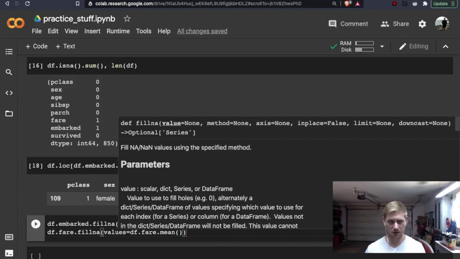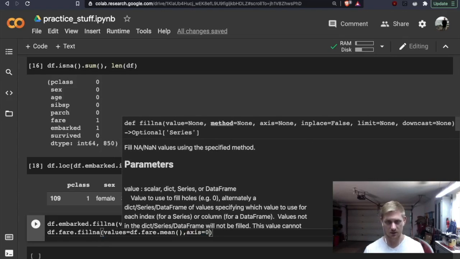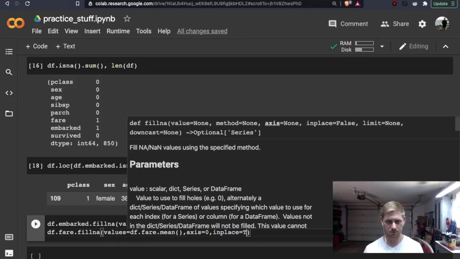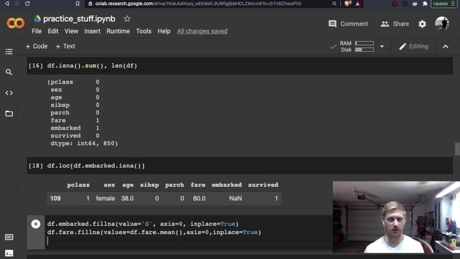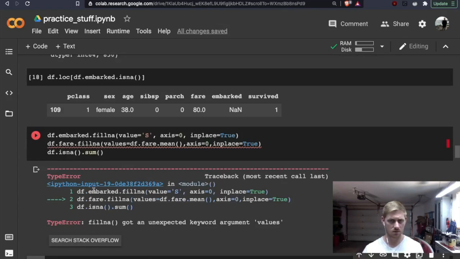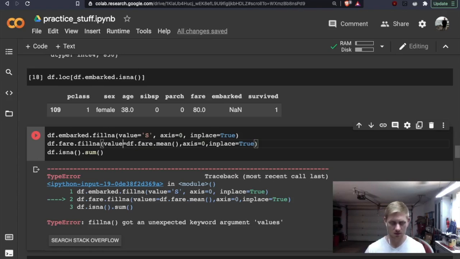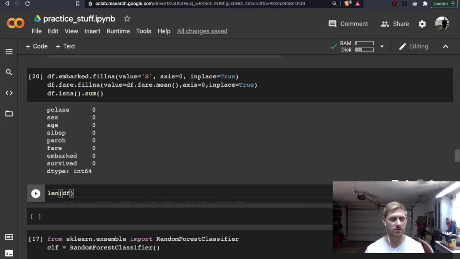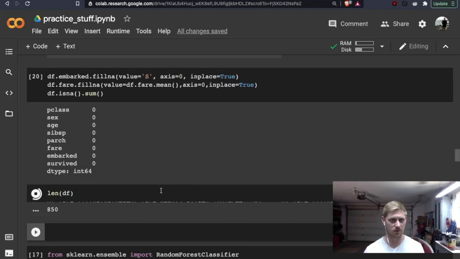And then we could do axis equals 0 as well, and inplace equals true. And then let's view the if null. So values, I misspelled that. Perfect. Now let's also check the length of the data frame again, so it should be like 850.